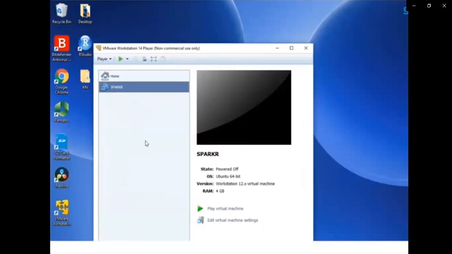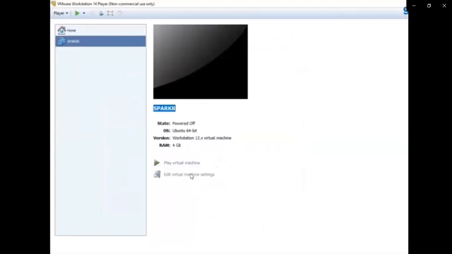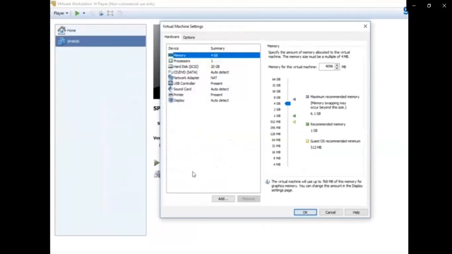So now to validate or cross-check what the configuration is, just open VM settings and see memory, processors, hard drive, etc. So here I have allocated 4 GB of RAM to this virtual machine, 1 CPU.